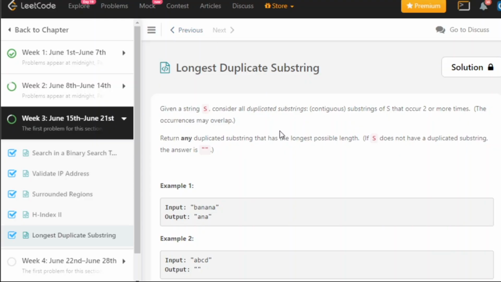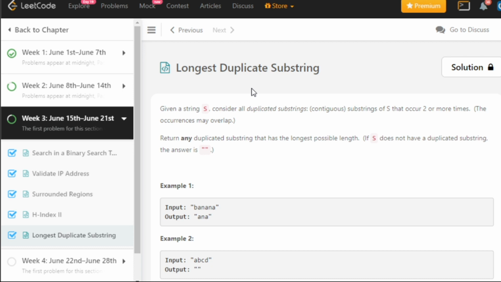Now the question we are going to discuss is longest duplicate substring. We are given a string and we have to tell if it has a substring that occurs two or more times. This question has two folds. The first fold is how we find the maximum length of the repeating string, and the second is how we compare two strings of the same size. The second one got covered with our Rabin-Karp algorithm. But how can we calculate which is the longest string?